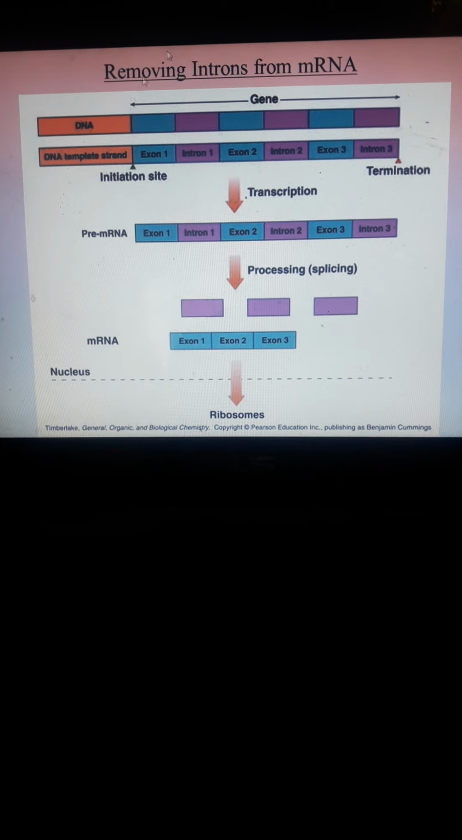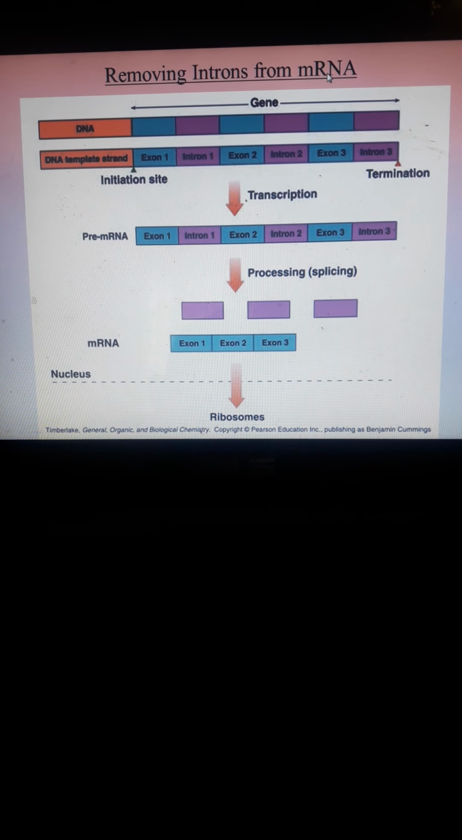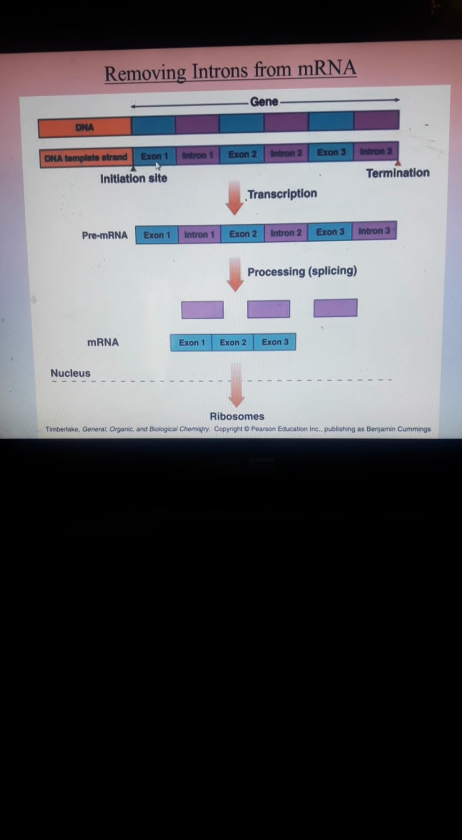Okay? So, the exons that remain are joined to form the mRNA that leaves the nucleus for the synthesis of protein. So, the exons make up the mature RNA, the mRNA. So, removing introns from mRNA, you have the gene in the DNA template strand: we have exon 1, intron 1, exon 2, intron 2, etc. So this is the termination site. So during the transcription process, we have the formation